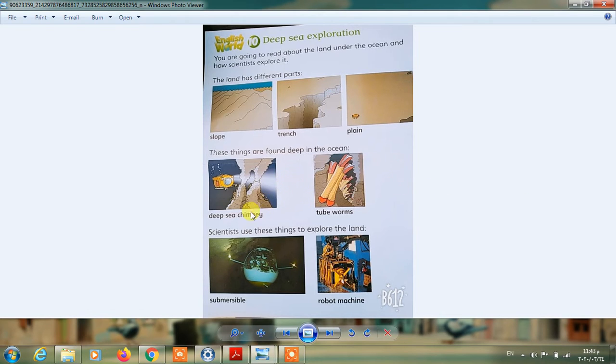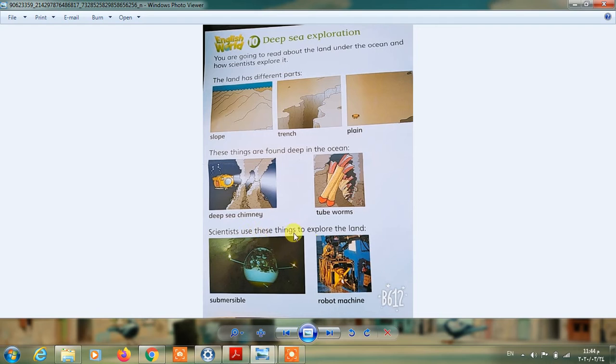We can find deep sea chimney, and we have tube worms, and they are creatures with no legs, with no arms, and that live in a tube like we see. Okay,